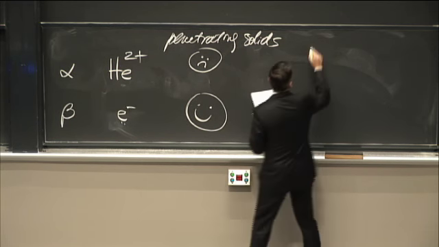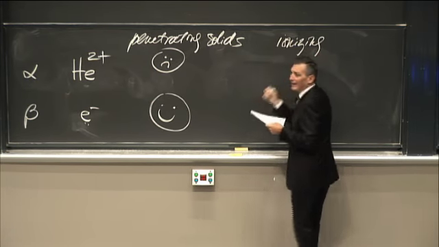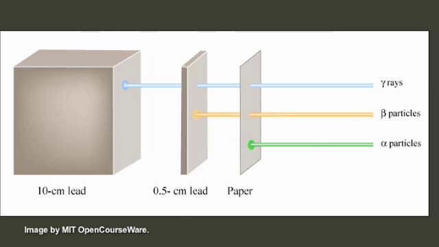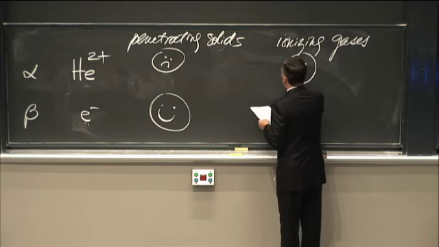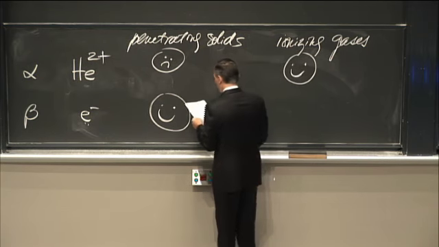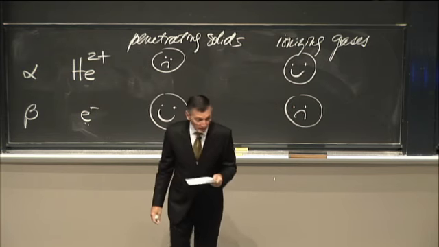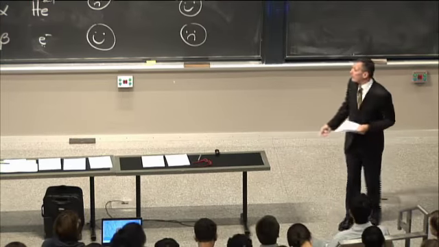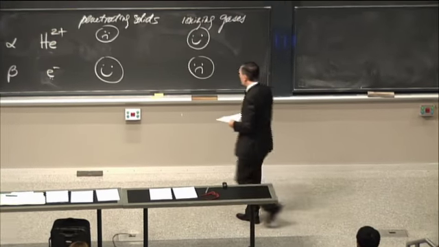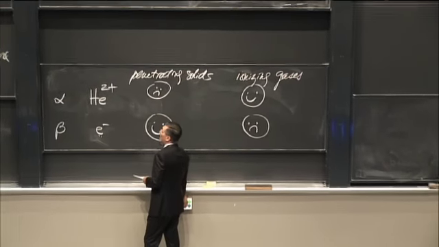And then over here, they were also studying their ability to ionize gases. If you take a gas and you bombard it with alpha particles, will you get a lot of ionization, yes or no? What they found was the complementary: the alpha particle is pretty good at ionizing gases, whereas the beta particle is poor at ionizing gases and in fact is stopped. This is why if you have an electron beam, you need a vacuum, otherwise the electron will be dissipated in very, very short order. So after doing this work with J.J., he got a teaching job in Canada at McGill